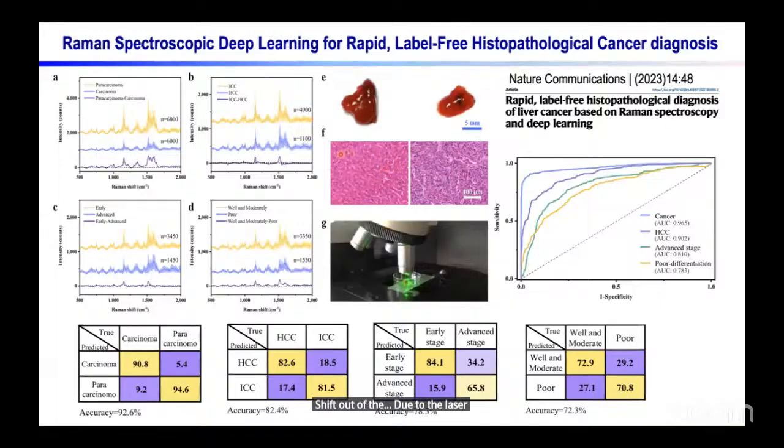So that means that you have an image of many pixels. Each pixel has a Raman spectrum like this one. So you can use this kind of data to develop the deep learning model. That's exactly what they do in these particular publications for distinguishing different